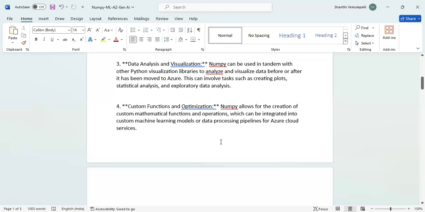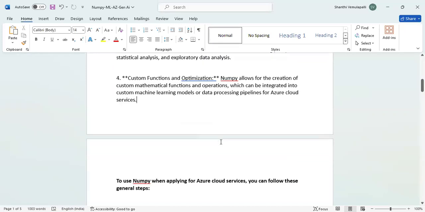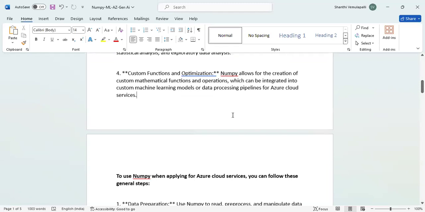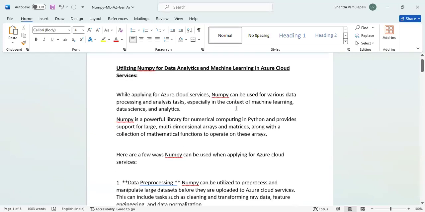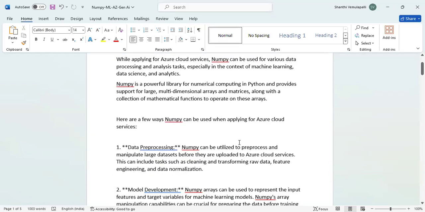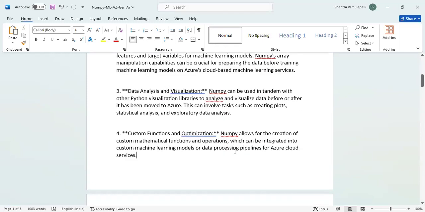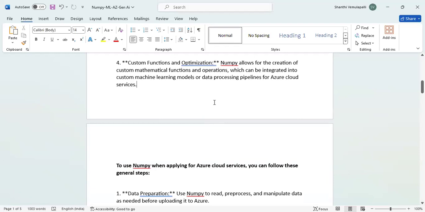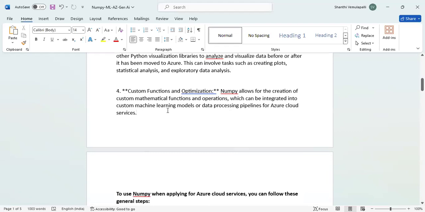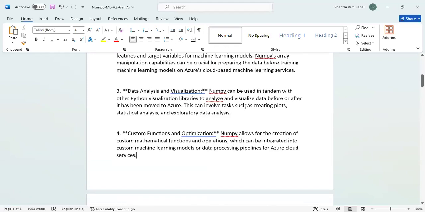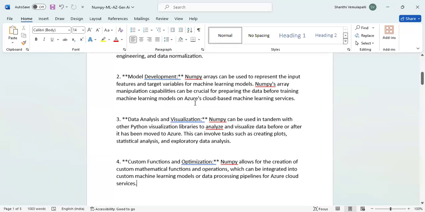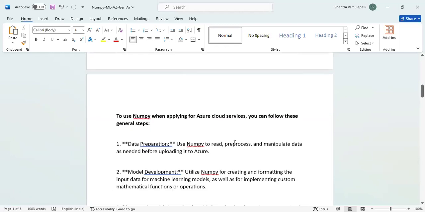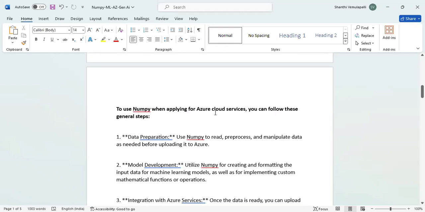You got it? Okay. Then these are the custom functions. Then these are all about NumPy applications, how they can be built, what ML techniques or tips we can use to apply NumPy, and how it can be connected directly to the Azure cloud services also. It means here we have not yet discussed the Azure machine learning models. We discussed Azure cloud only. Up to that. Now we are going forward to use NumPy when applying it to Azure cloud services.